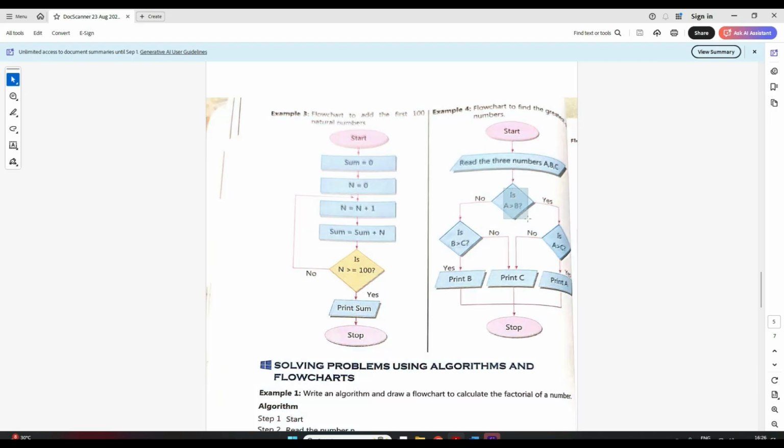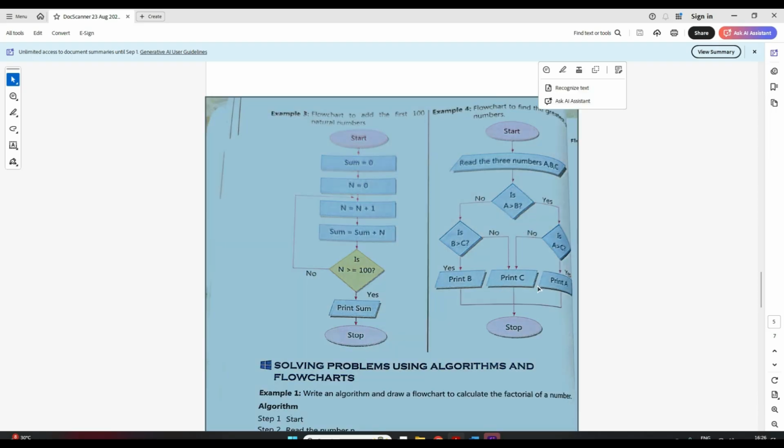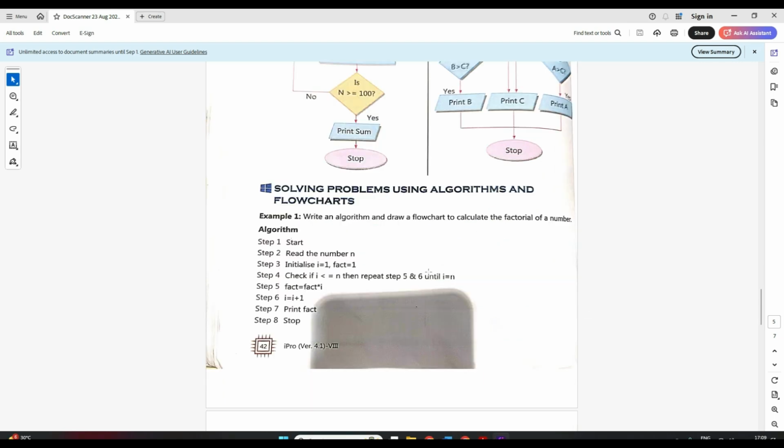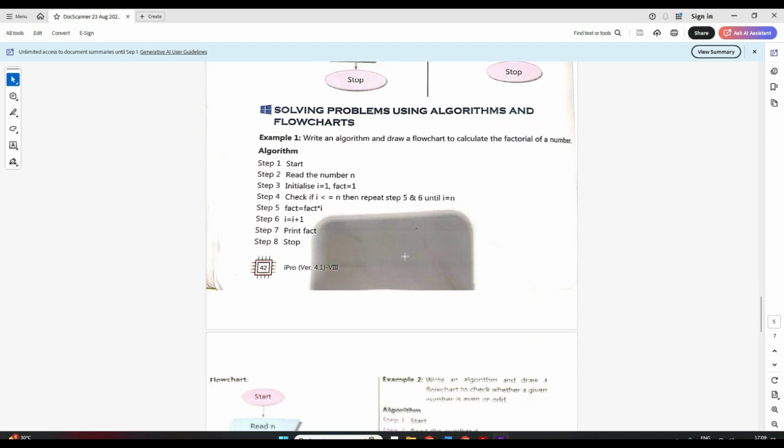But in this condition, if A is not greater than B, if it is no, if it comes out here, that means B is greater than A. Now here they will check if B is greater than C. If it is yes, that means B is the greatest. Clear? But if it is no, that means C is greater than B. And here also if it comes out no, that means C is greater than A also. That means your C is the greatest. Clear? I hope this is clear, right? Please do comment if you don't understand something. It's just the logic you need to understand, then you can easily construct your algorithm.